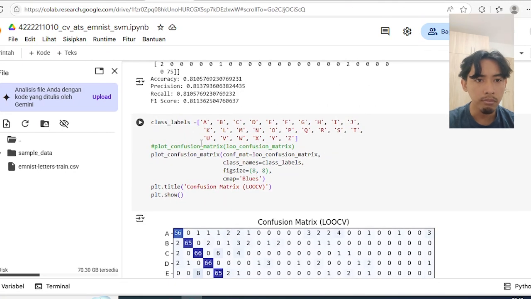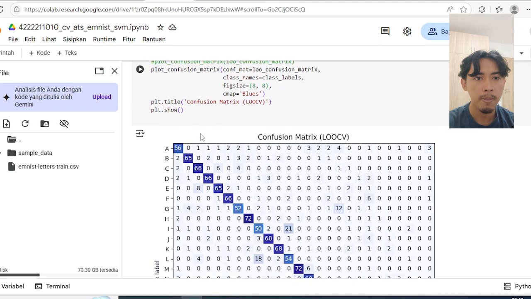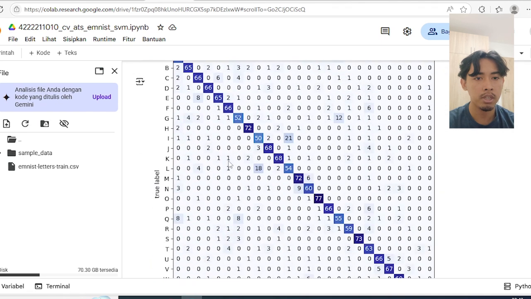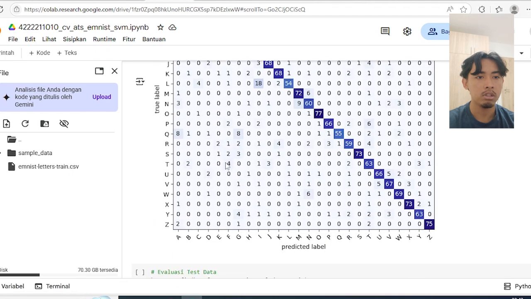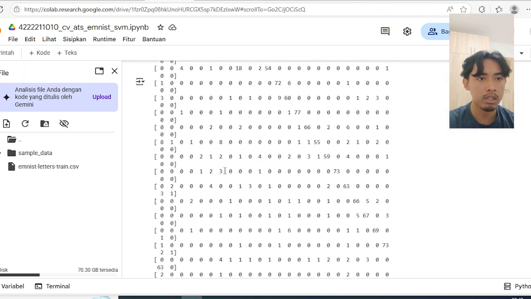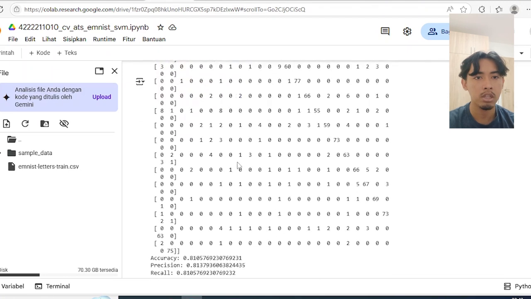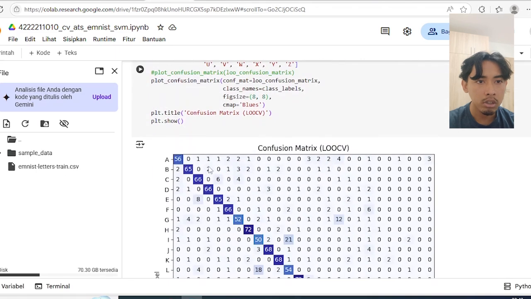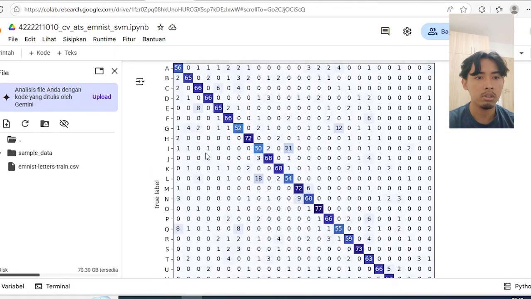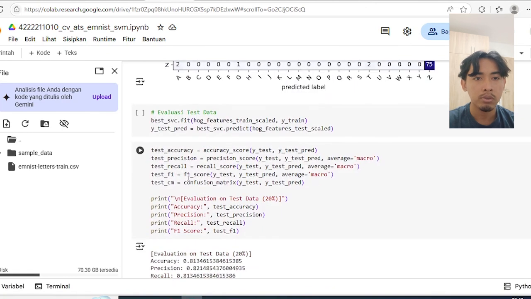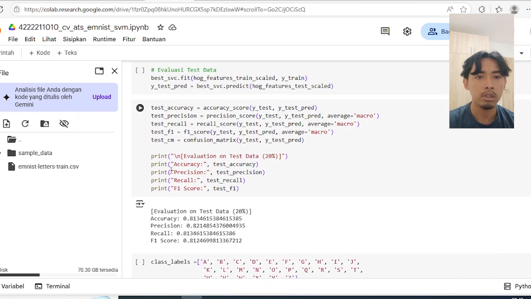And next I make the plot for the confusion matrix to make it easier to see the data. This is the raw confusion matrix, and this is the confusion matrix with plot.